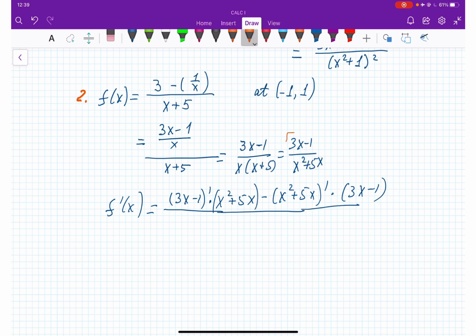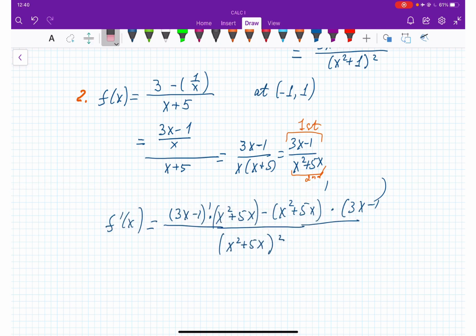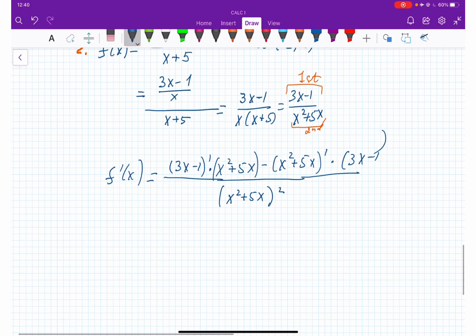To make it clear, this is the first one, and this is the second one. Okay? All right. 3x minus 1 and x squared plus 5x prime. And we divide by the second function squared, which is x squared plus 5x to the power 2. Let me see if I can bring it down a little bit, leave space. Okay. This prime I can put here. All right. So this is equal